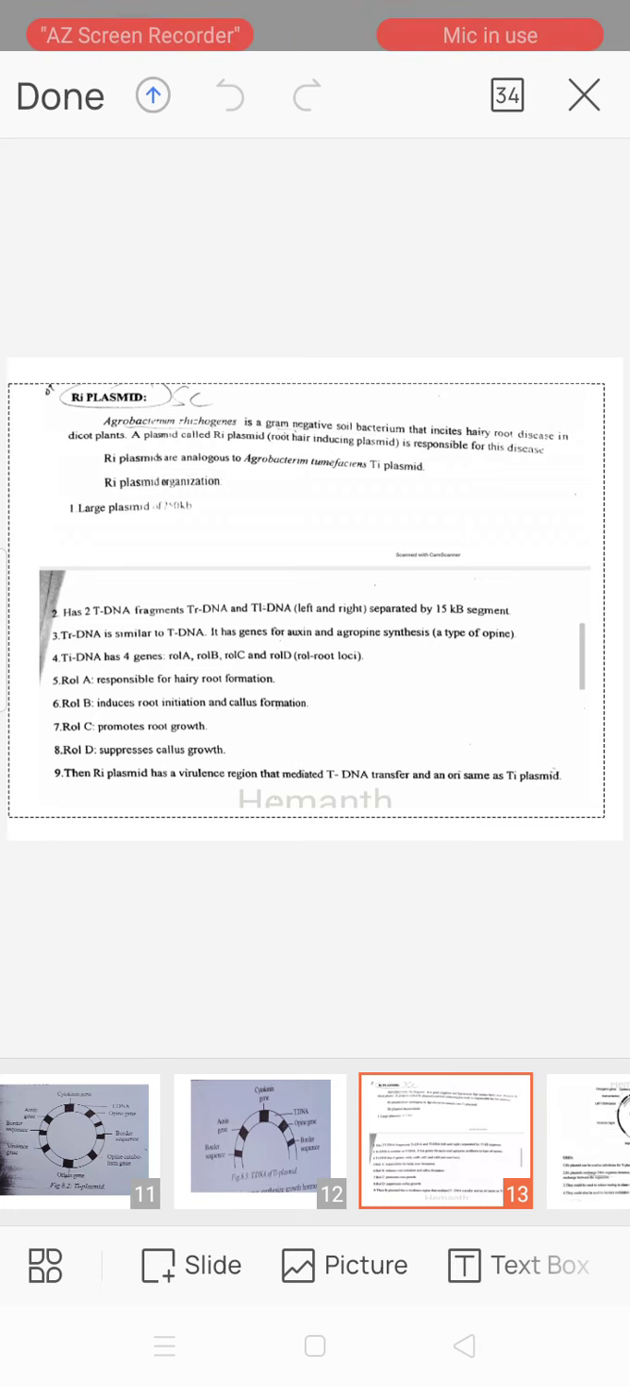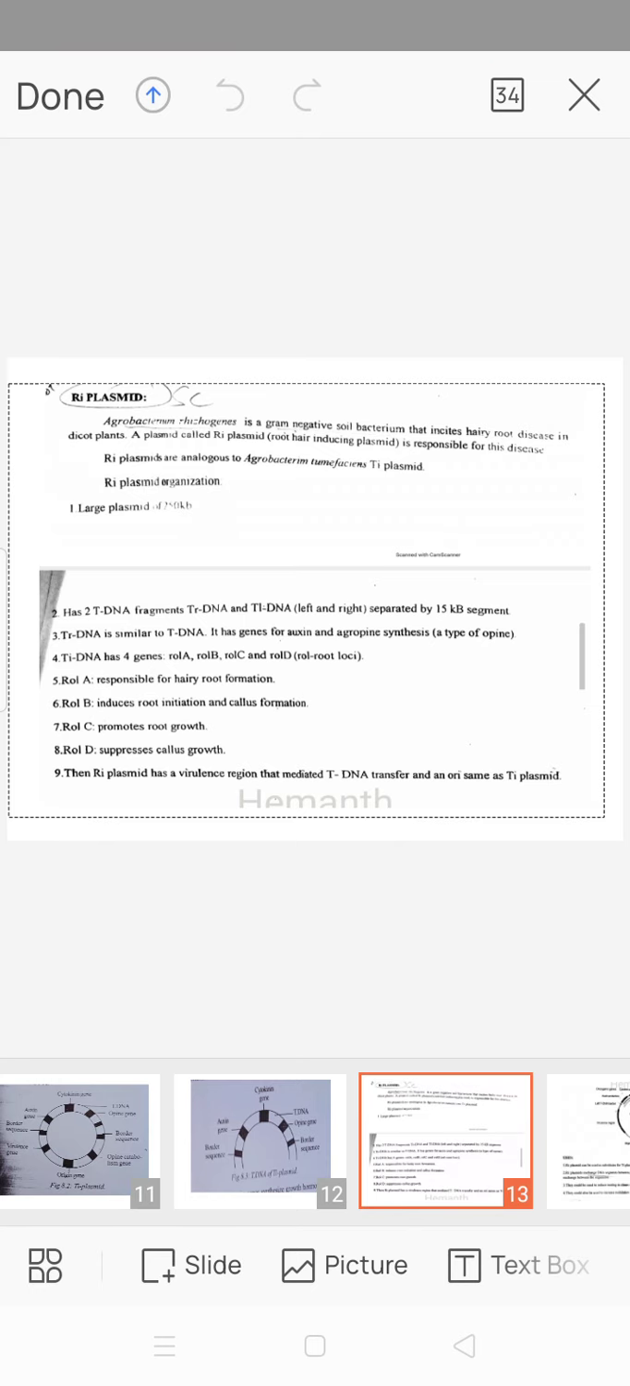Ri plasmid organization. Large plasmid of 250 kilo base pair. Ri plasmids are large plasmids of 250 kilo base pair and it has two T-DNA fragments, transfer DNA, T-DNA left and right, separated by a 15 kilo base pair segment, and transfer DNA is similar to T-DNA and it has genes for auxin and agropine